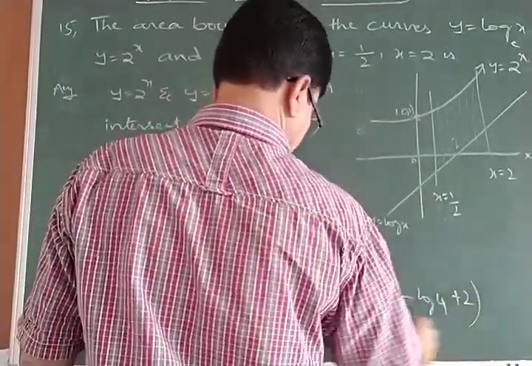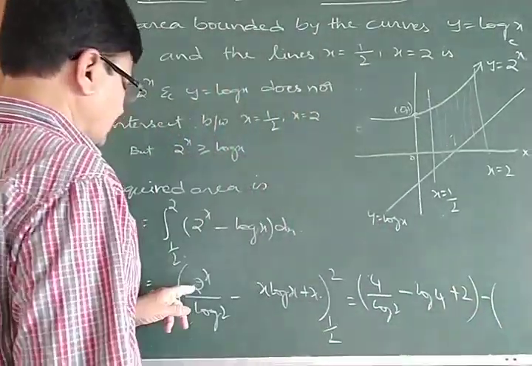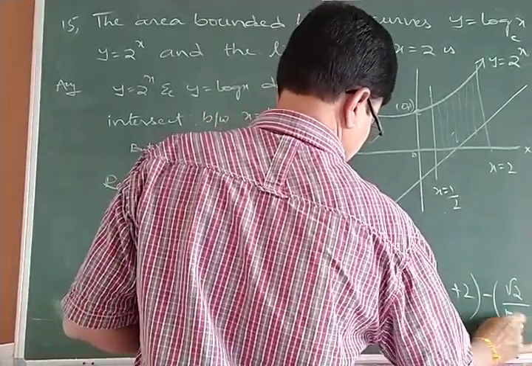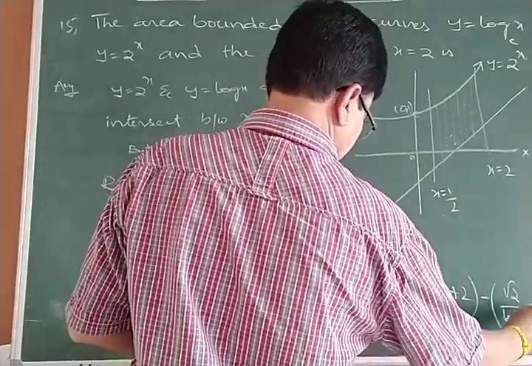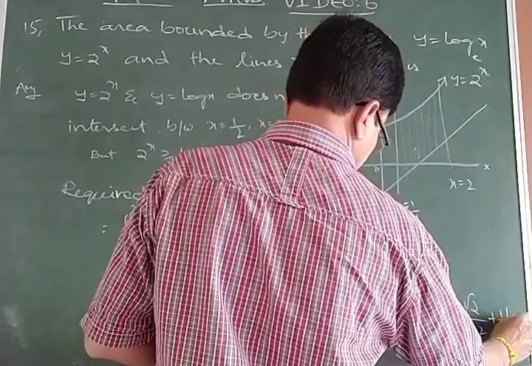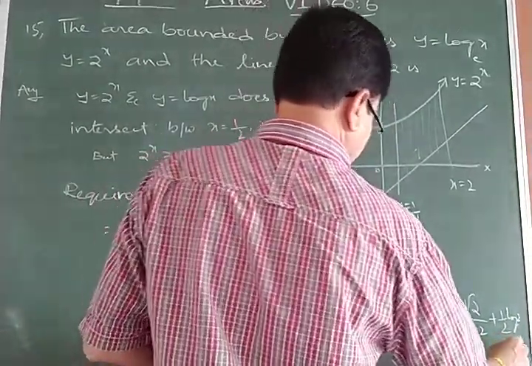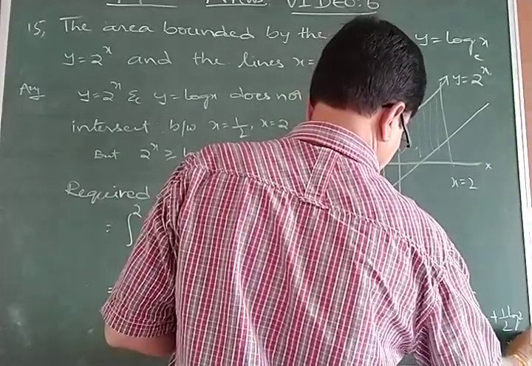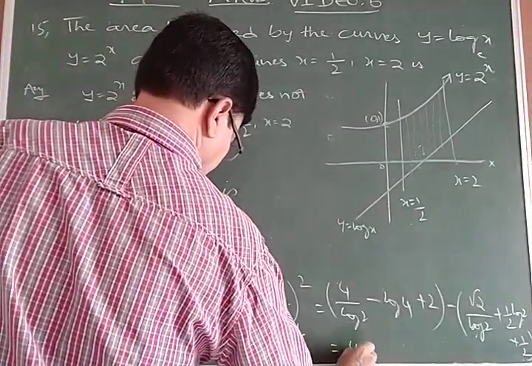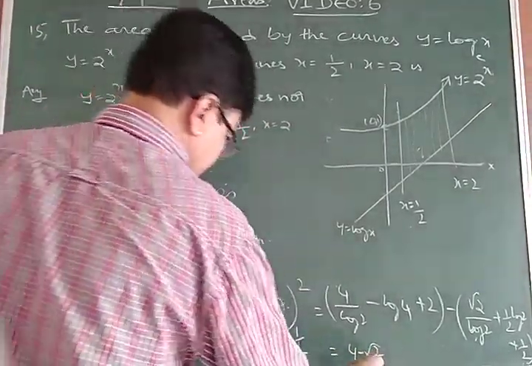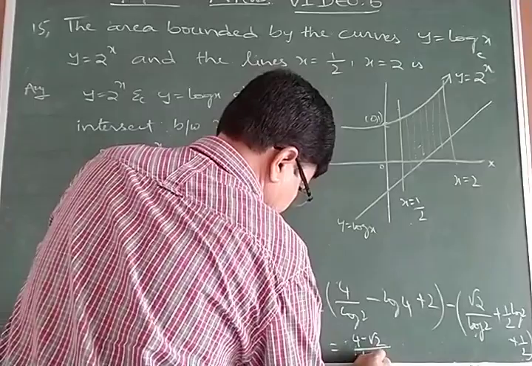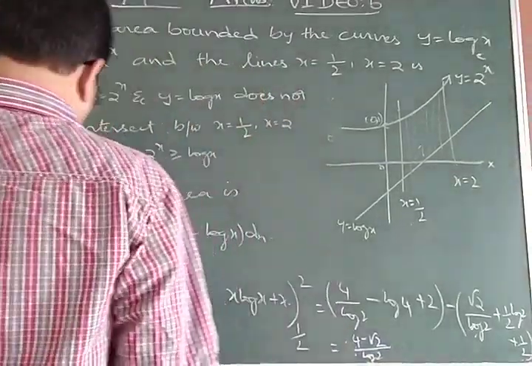Then the lower limit: 2 to the power 1 by 2 means square root 2 by log 2, minus 1 by 2 log 1 by 2, that means 1 by 2 log 2, plus 1 by 2. That is equal to 4 minus root 2 by log 2 minus